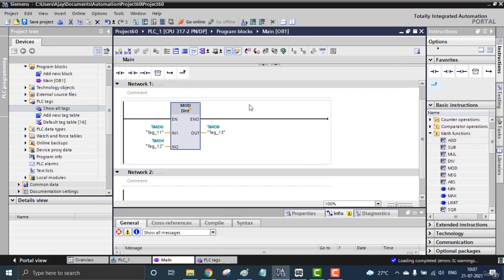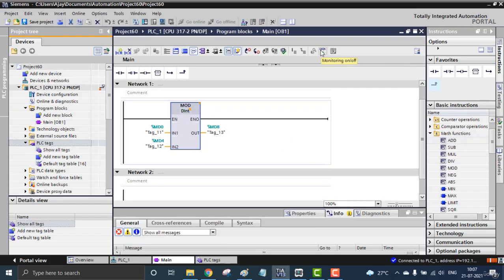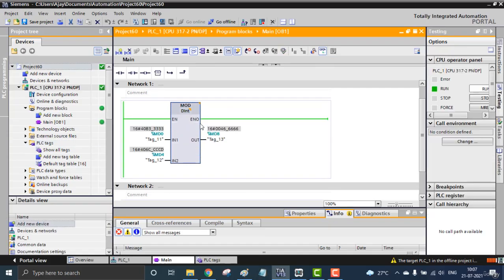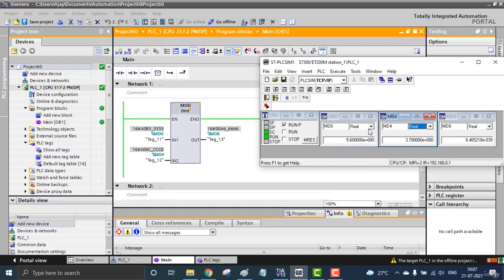So let's see what is the MOD block. MOD means the modulus. In the form I'm using decimal, here also decimal, here also decimal. Everything is 0 by default, storing the previous value 0 0 0. MOD means the remainder.